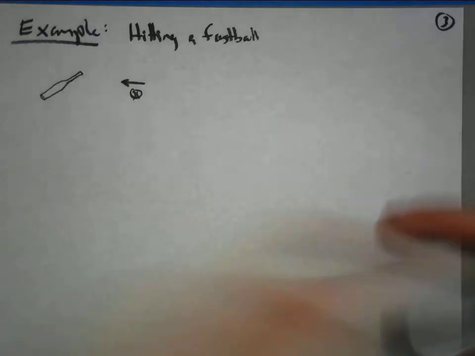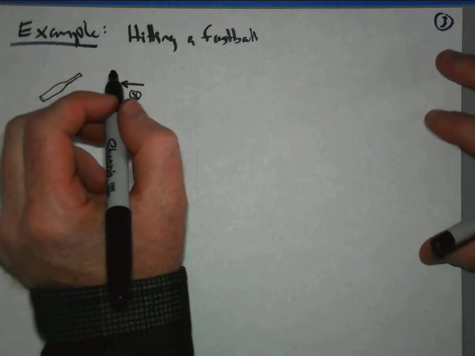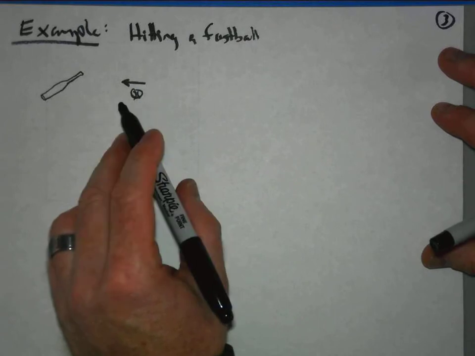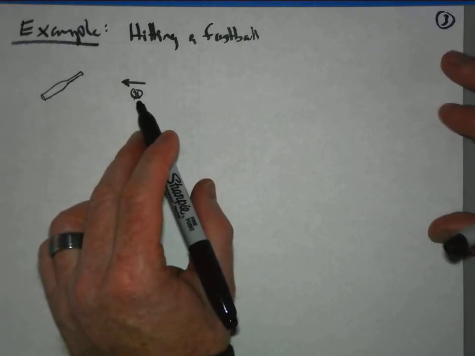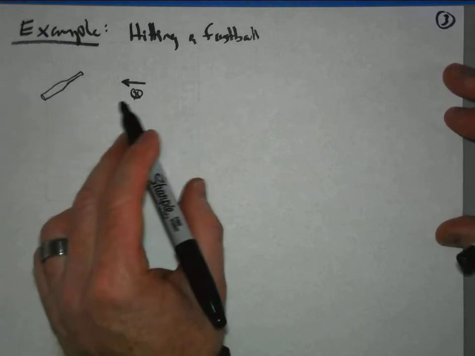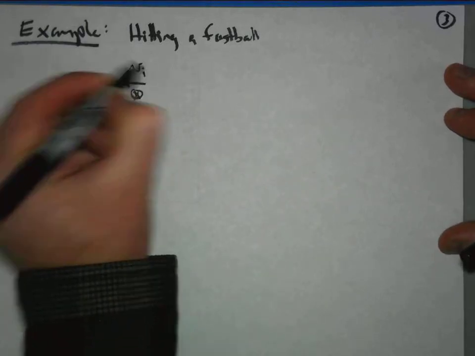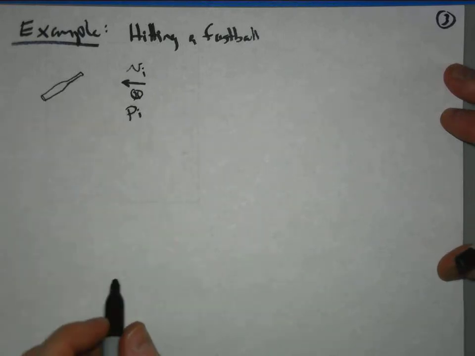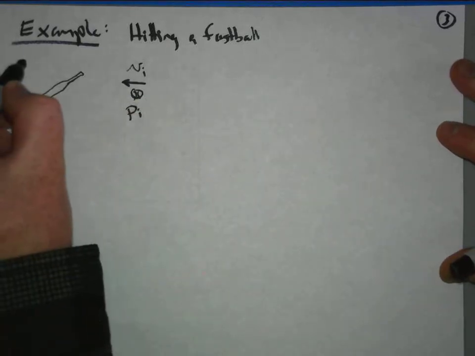So we have the baseball coming in from the pitch. Keeping things simple, we're not even going to look at a curved path, a curved trajectory. Let's just consider, well, which way is the baseball traveling just before impact? And let's say it's traveling horizontally just before impact, just for simplicity's sake in this example. So it has an initial velocity in the horizontal direction, which means there is an initial momentum that we could define. And after the hit, okay, so this is our before the hit, and we're going to have an after